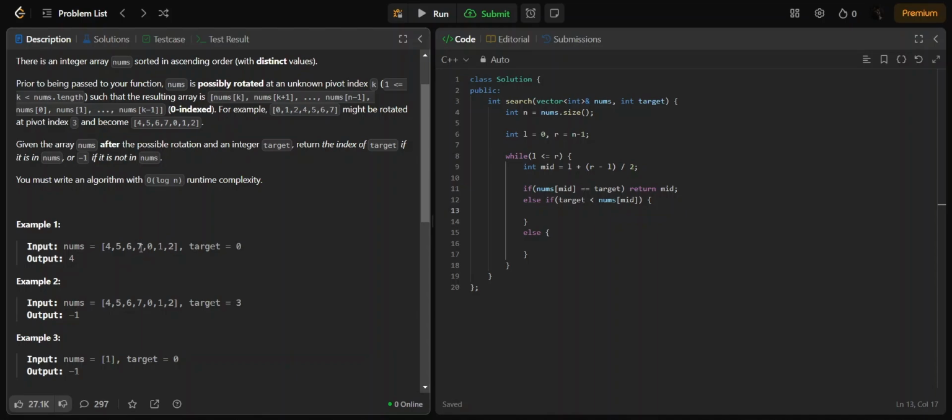If the rotation was made before the current index, which is mid, or after that index. Because if the array rotation occurred before our current index, before mid, then our target value will always be on the left side of our current index. But if the rotation was made after the current index, that means we have values less than the current index on both sides. On the left side also we have lesser values,